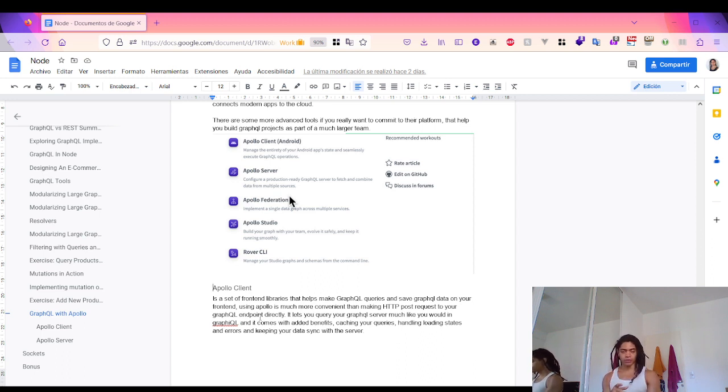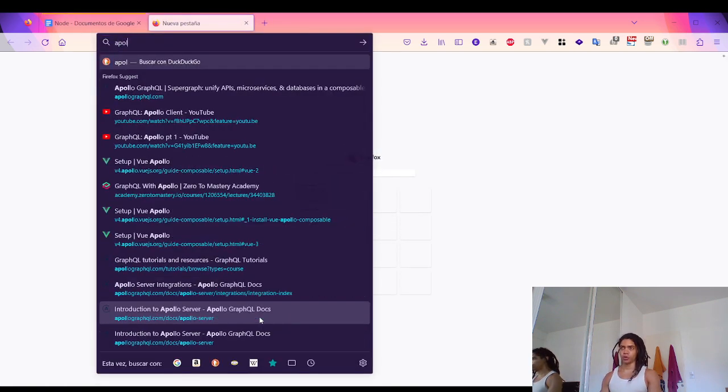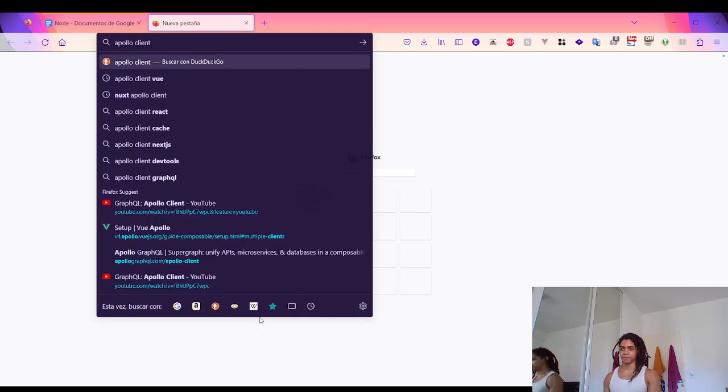It also comes with other benefits like caching queries, handling network operations and errors, and keeping the data synced with the server. These are the four main things that you can do, according to the Zero to Mastery structure, when Adam mentioned Apollo Client. Okay, if I go to Apollo Client here,